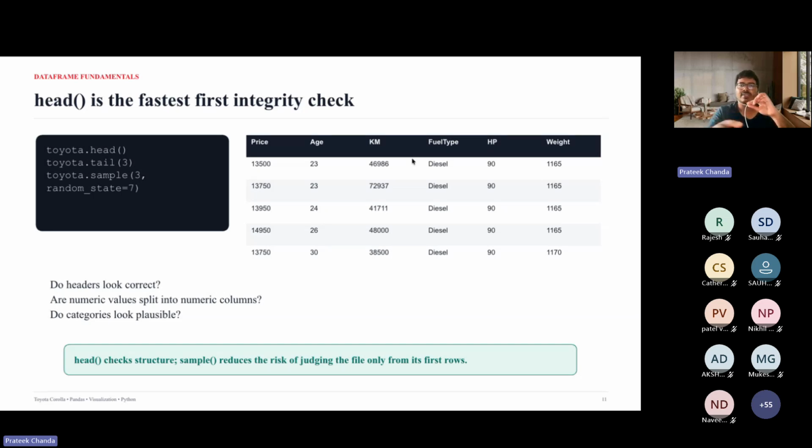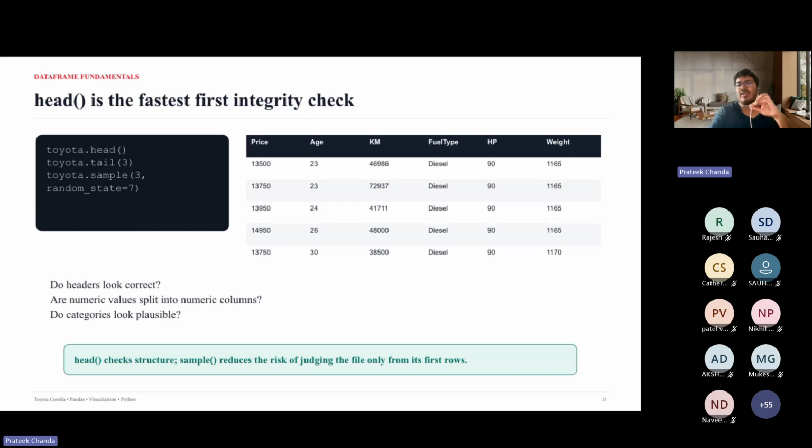Then you have to go back and see whether there were some issues with the separator, provide that, and reprocess it once again. The second thing is to look at whether the numeric values are split into numeric columns, and whether the categorical features are looking correct or not.